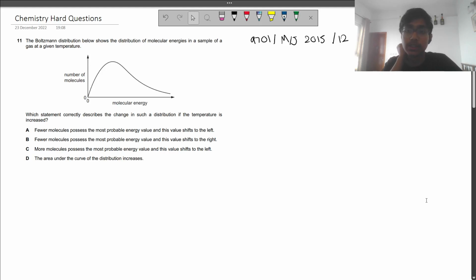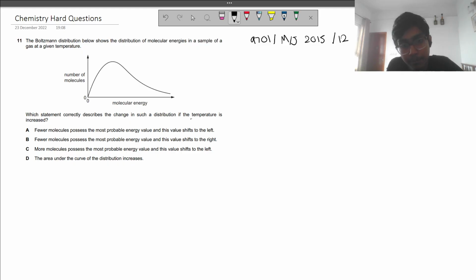Hello everyone. Today we're again going to be going over Chemistry May-June 2015, paper 12, and this is question 11. So this is a Maxwell-Boltzmann distribution curve, and it shows us basically the given energies of molecules in a container. So it's asking what would be the difference in this Boltzmann curve if the temperature